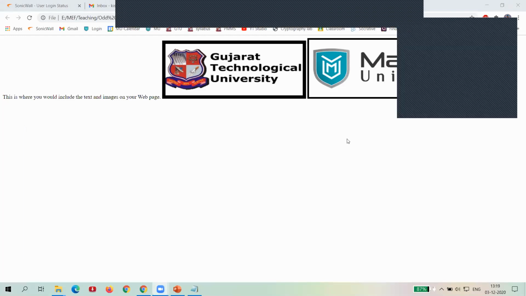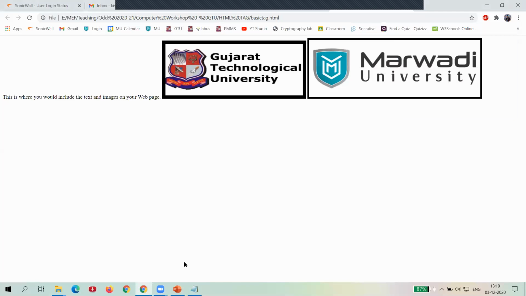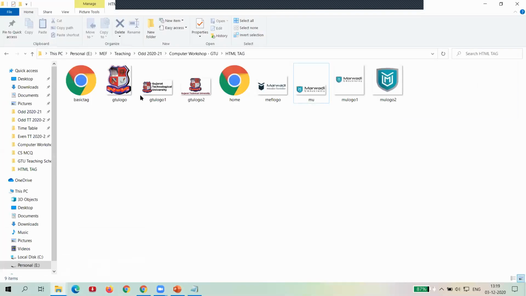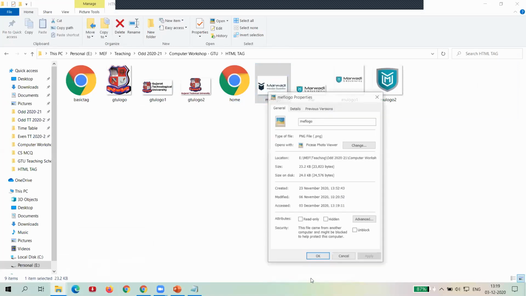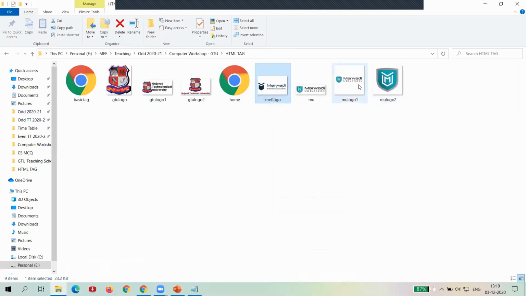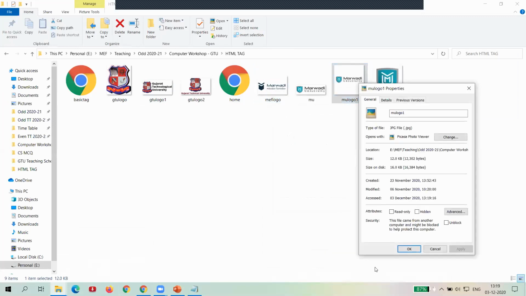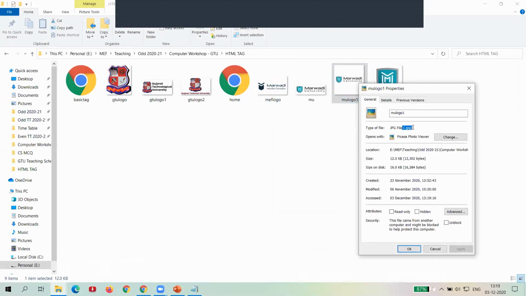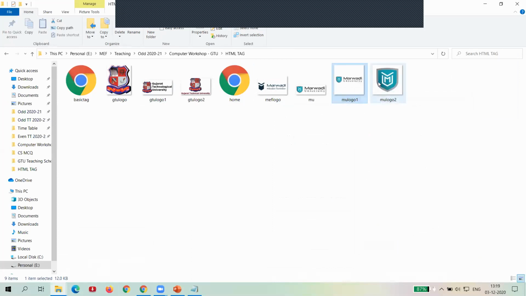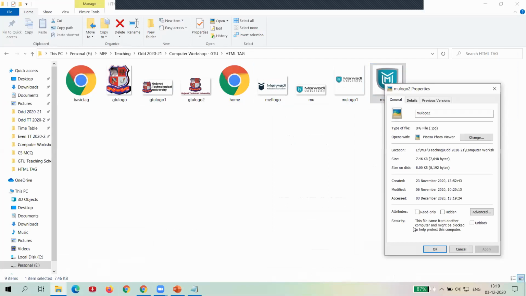So there is one student query. Can we use a JPG image? Let's check. Yes, that is PNG. Now you can see that is the MU logo one, and that is the extension. It's a PNG, sorry, a JPG, and that also is a JPG.